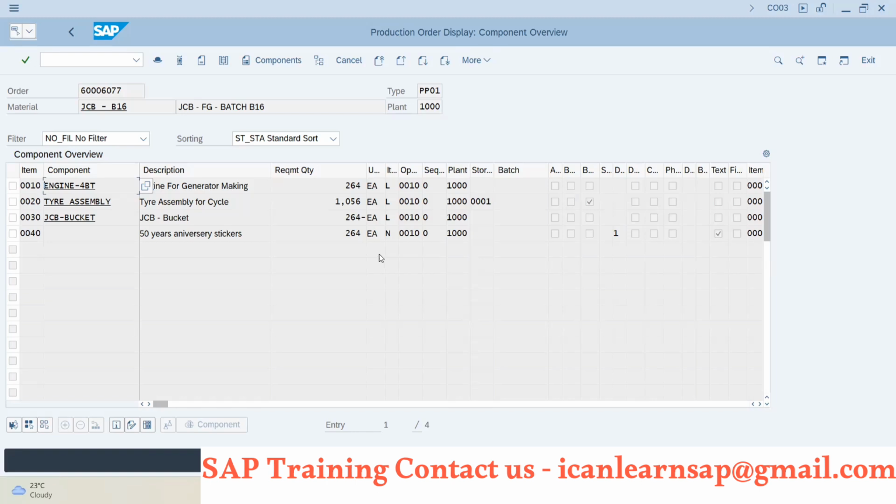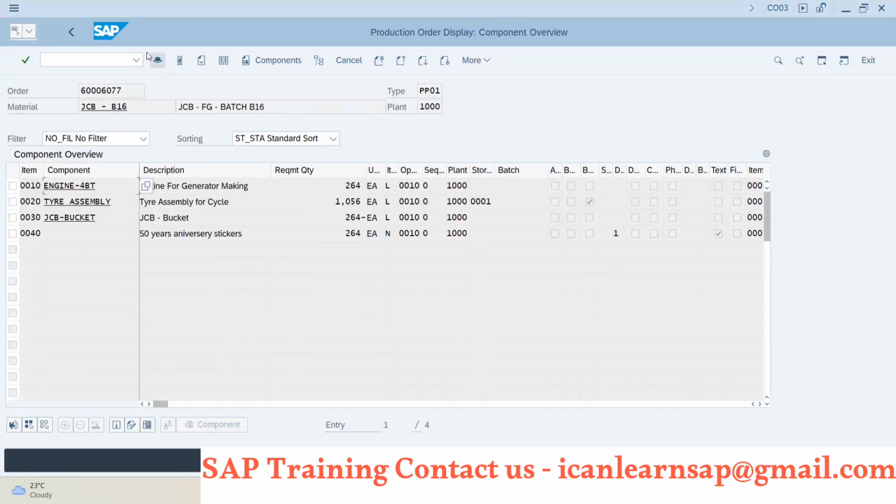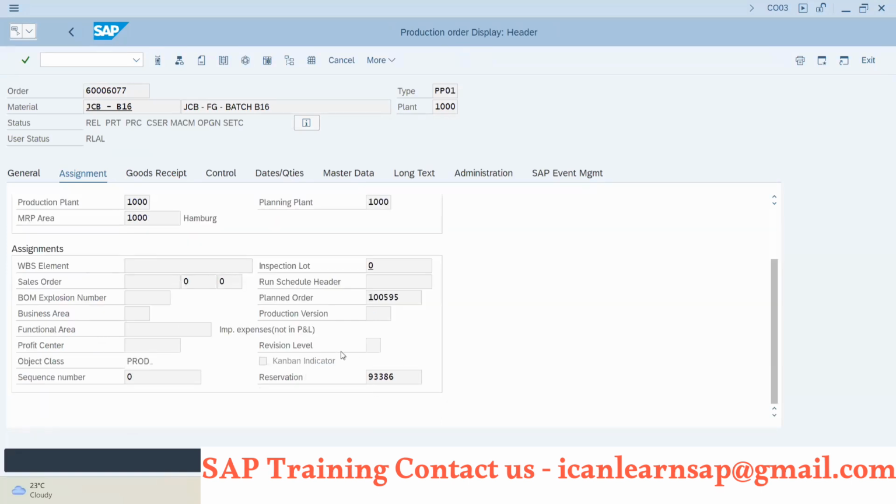Even if you confirm the production order, delete it, cancel it, or mark it as technically completed, in all these scenarios your reservation will be cancelled, and the material will be free for other production work. Clear? So that is the meaning of reservation.